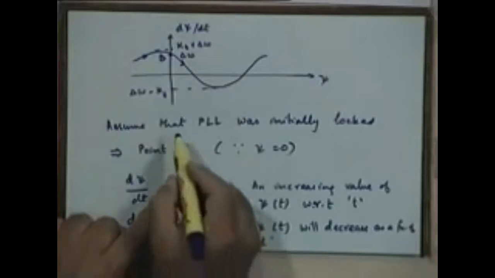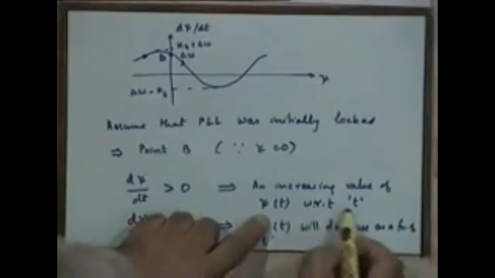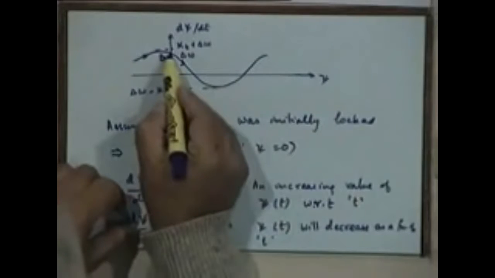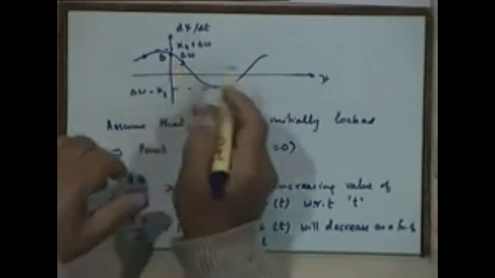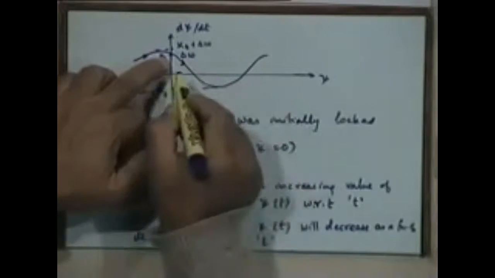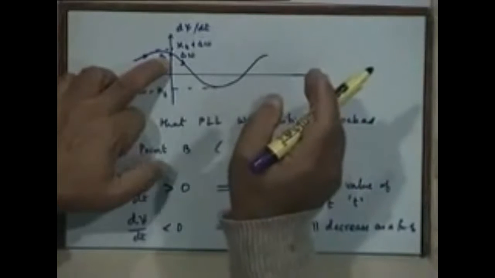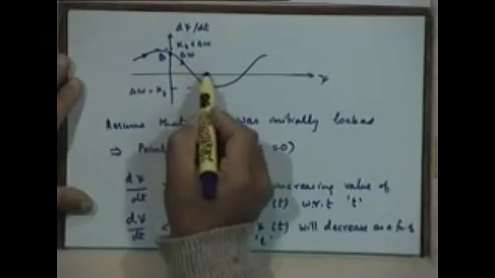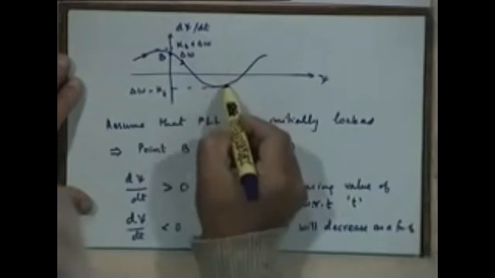Sir, but that is with respect to time. The graph depicts something else. Yes, the time dependence is not obvious here, but the fact that this is positive, it will imply that psi of t has to increase as a function of time. And where is psi increasing? To the right. Suppose you are here, we are not showing exactly what is the rate at which it moves, but it has to move in this direction. That is all we are saying. We are not able to say at what rate it will move, but we do know that it will move to the right hand side.